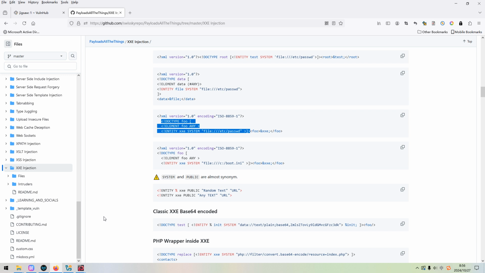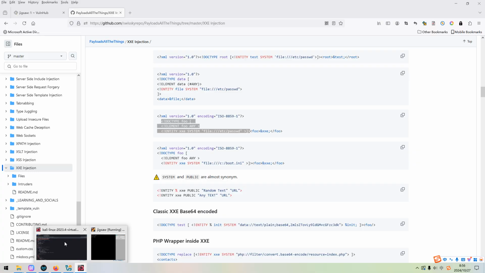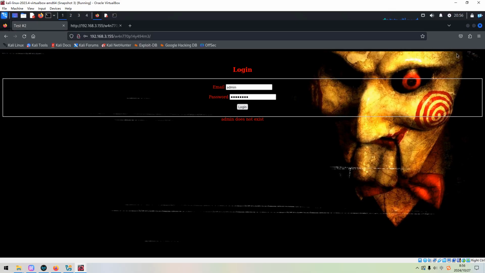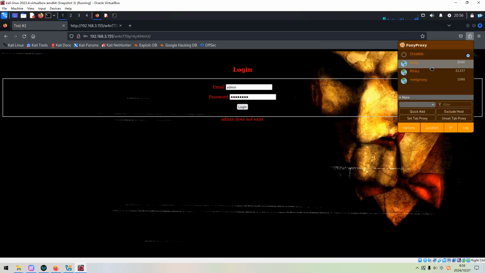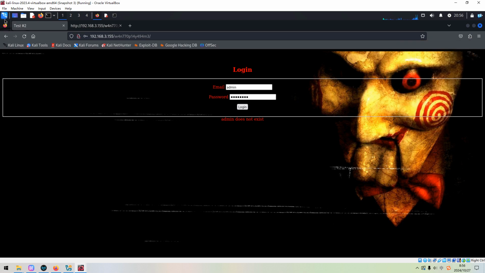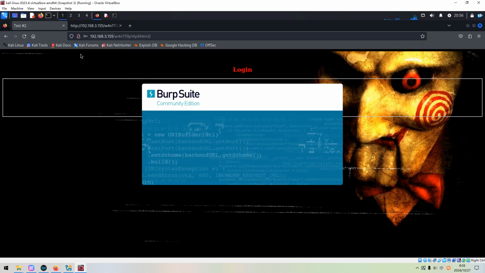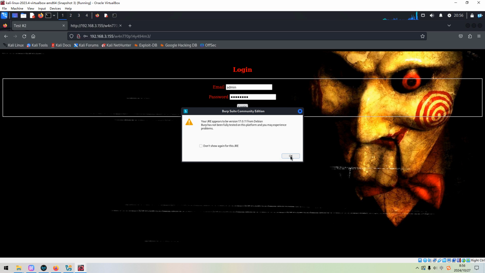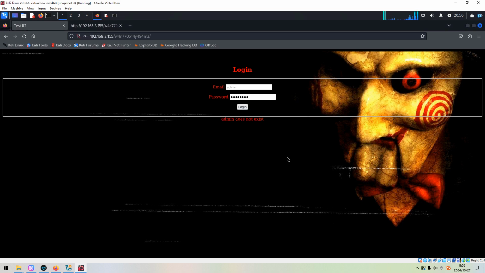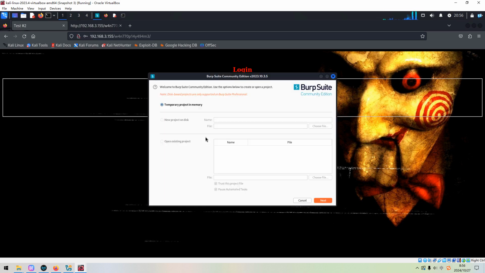Okay, this is what I'm going to do. How to do it? We can utilize Burp Suite for our purpose to test such vulnerability, which can make things much easier.